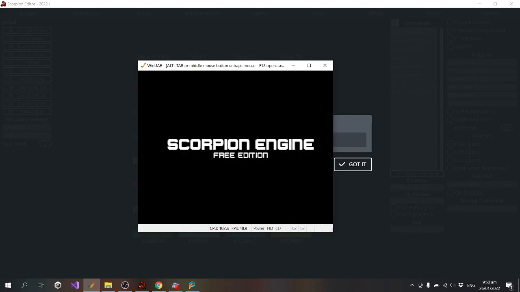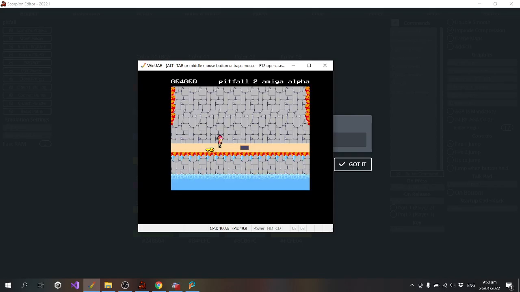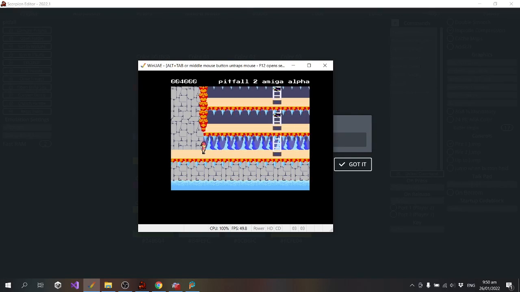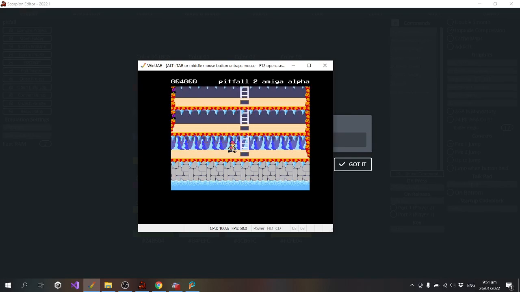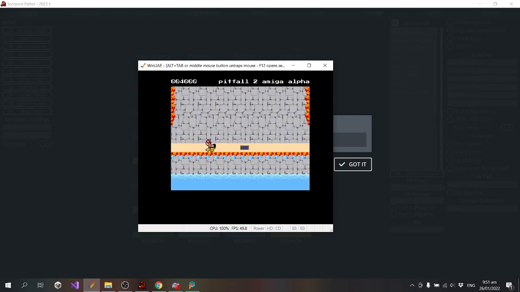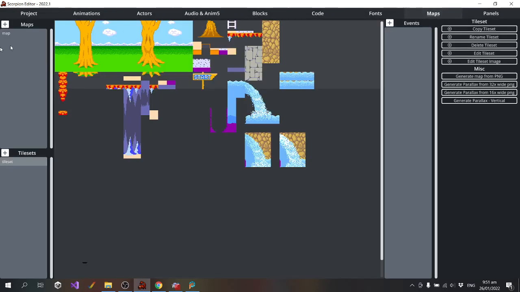Yeah, there's so many little edge cases with Pitfall because even though it's such a simple game, there's so many little special cases like tiles. So I should be able to fall through that, which I can. That's good. Whoops. I need to double check on the map.